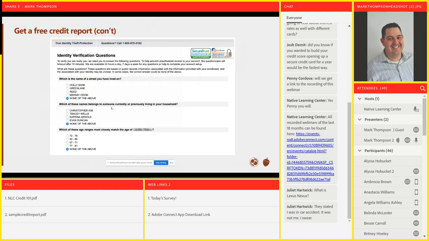So these different credit bureaus are starting to use LexisNexis in a different way to be able to generate credit scores. So it is important. And there is a way with LexisNexis to get on there and find out information that LexisNexis has on you as well.